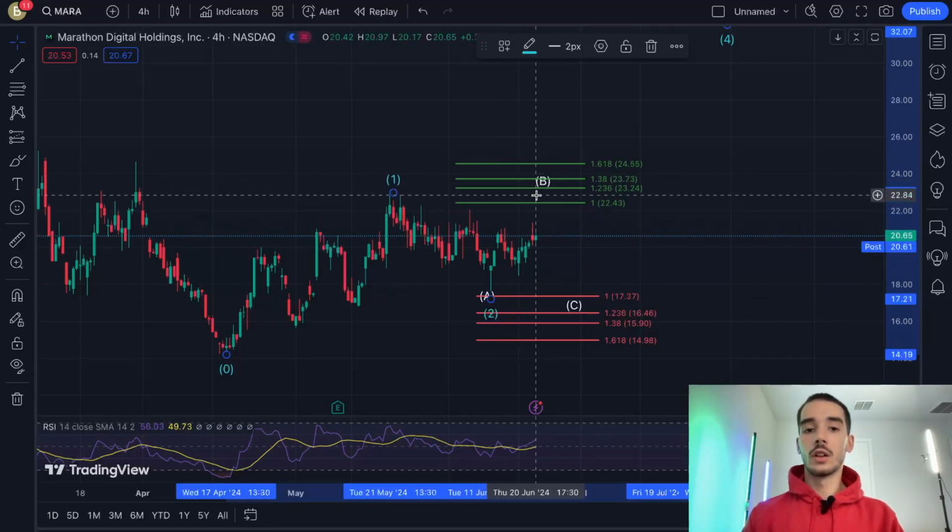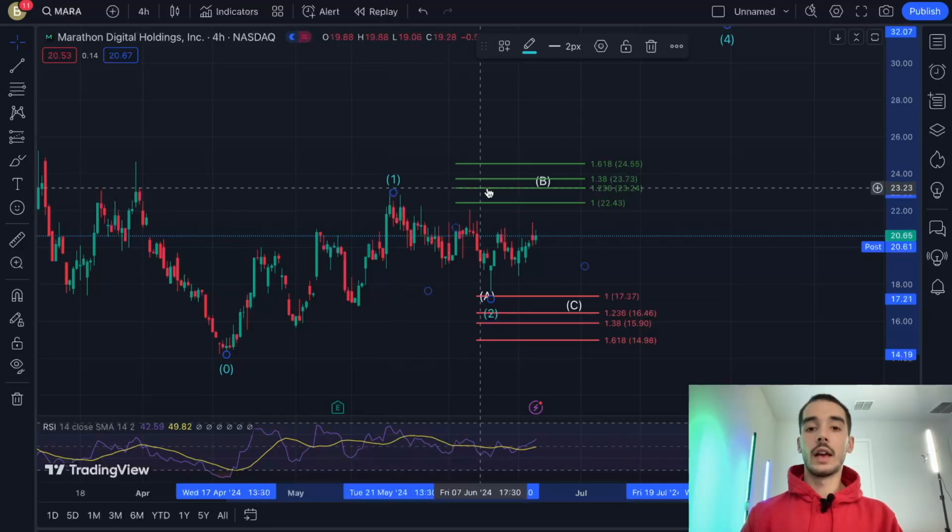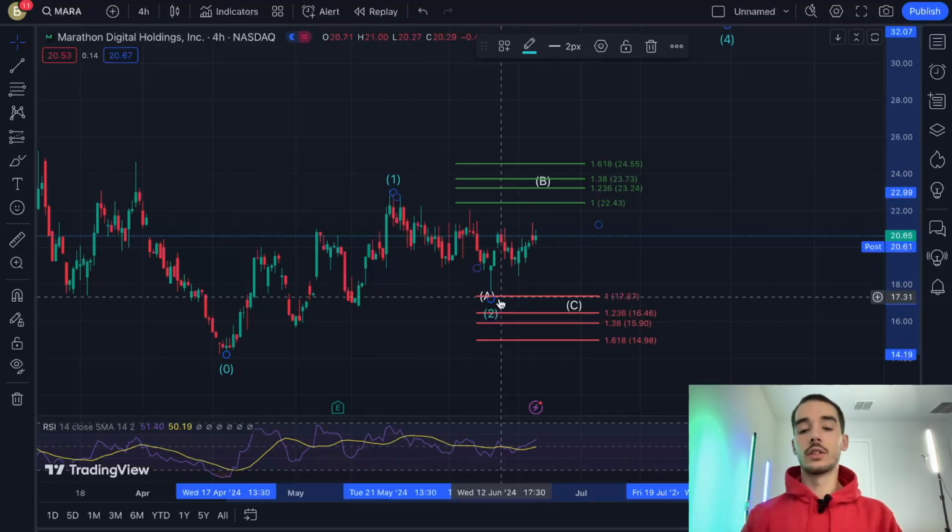If we were somewhere already by the swing high, I would consider the second wave to be done. But until we make a new high above this area right here, and then hold it,